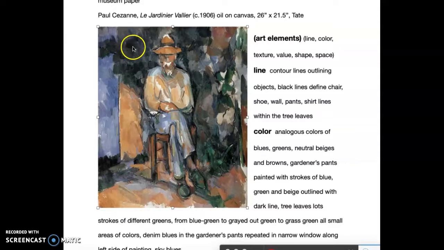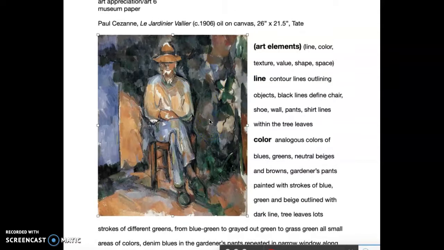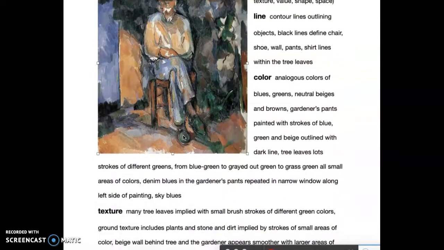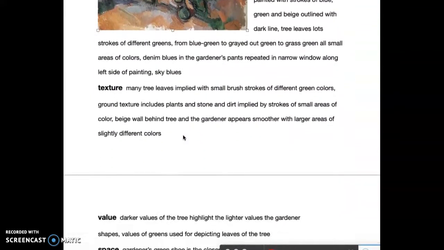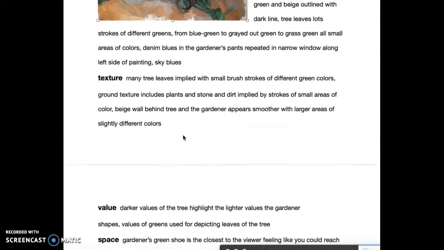And these brushstrokes in the background here and over here are all smaller and depicting, I think, the leaves from the trees and the bushes behind the gardener. And then there's also some more brushstrokes over in the sky and on the wall and on the ground and on the gardener himself. So there's an all over kind of texture to this painting by his use of brushstrokes.